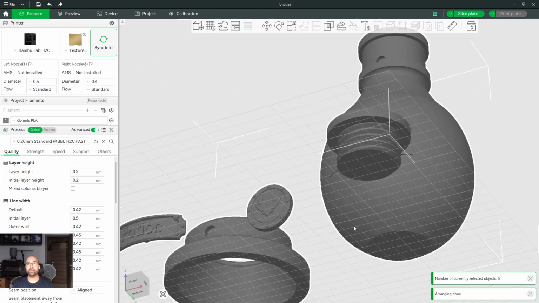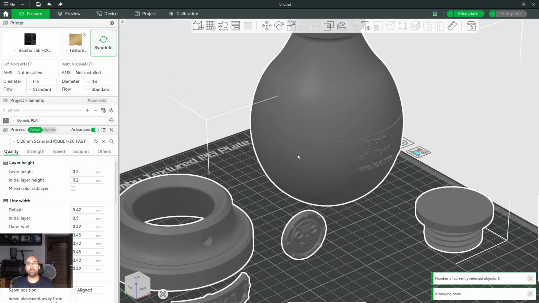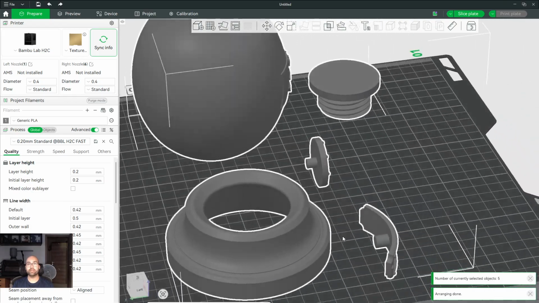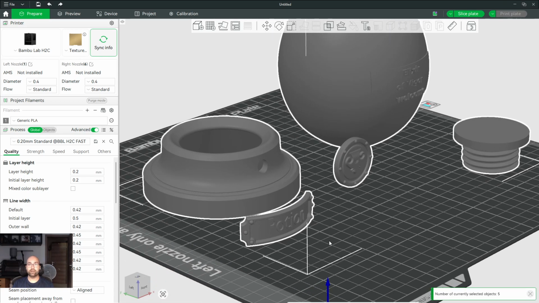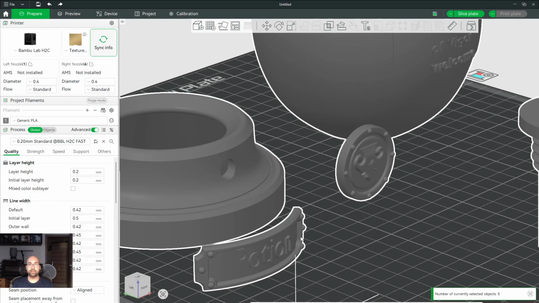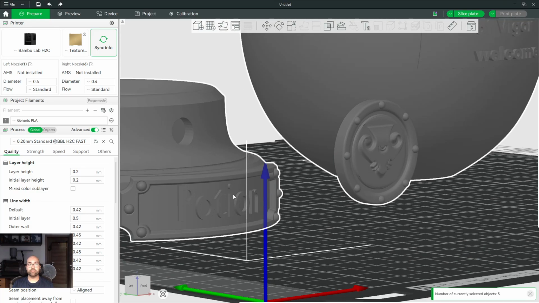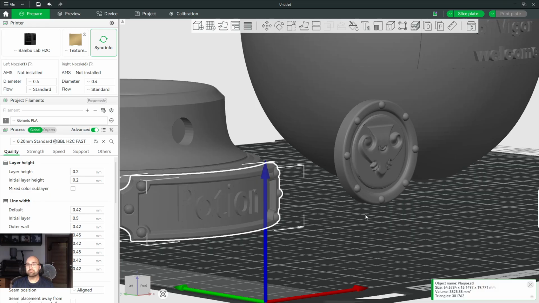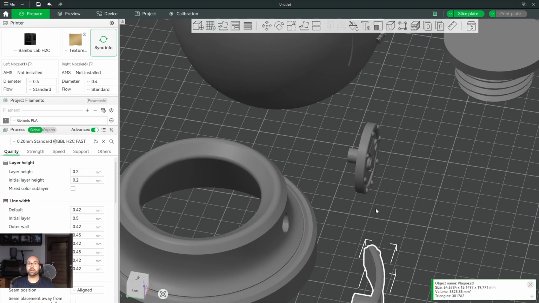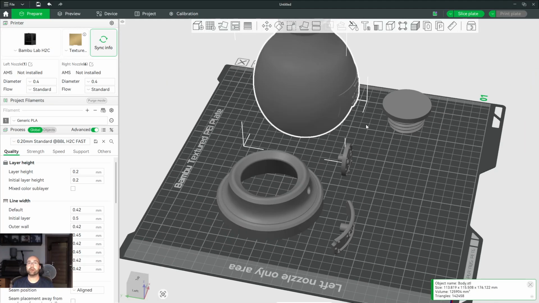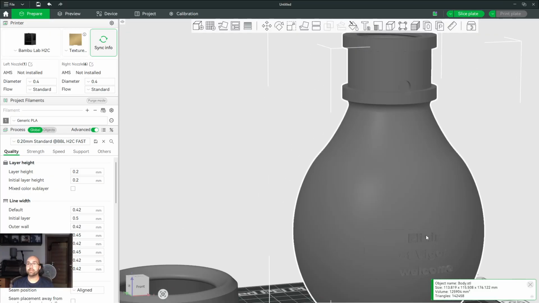Of course, you will need to add some supports here, but all the customized things that we have done in Blender are okay. The sizes are perfect. The text here is already boolean, so you can just start printing. And that's it. So one piece is here, one piece is here, the base, the body with the text,